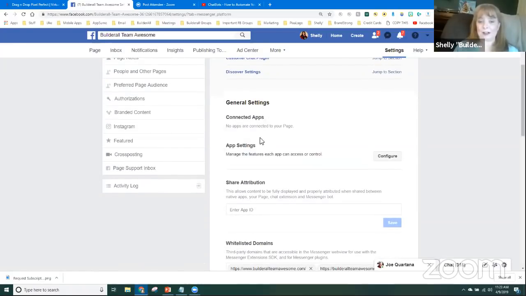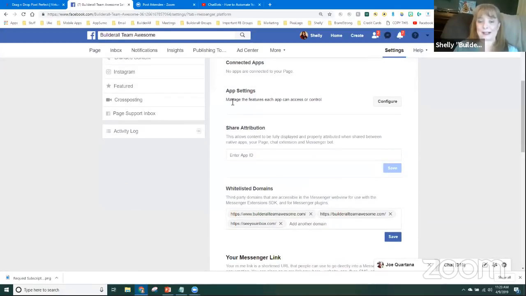So right here, we've got connected apps, and I don't have any apps connected. But if I was doing the Facebook auto answer tool, you would see that the auto answer app was connected. That's part of what happens when I connect things to Facebook to be able to do the auto answer, it actually connects that app for me. So it will do the work for me that I need it to do. So if we were looking at a different group, you would see that auto answer app connected.